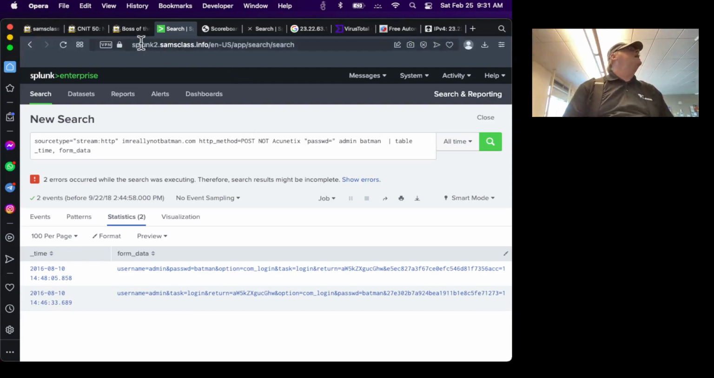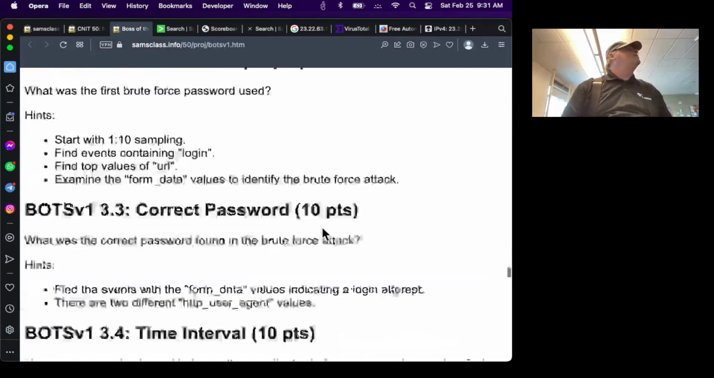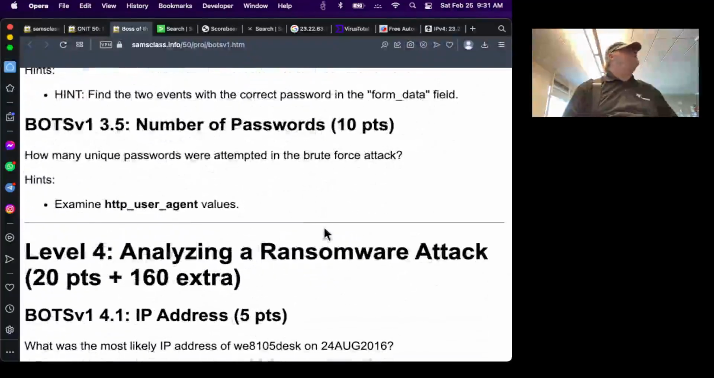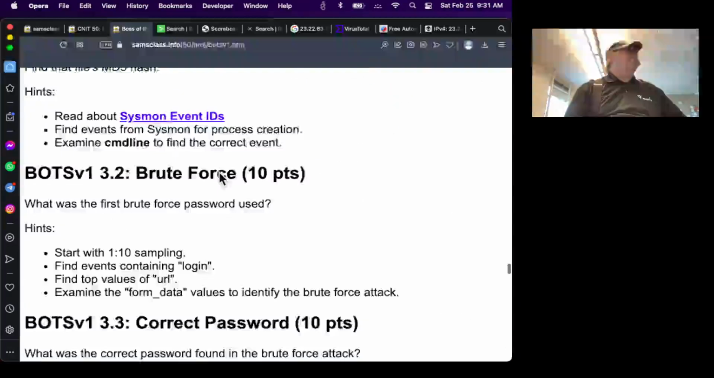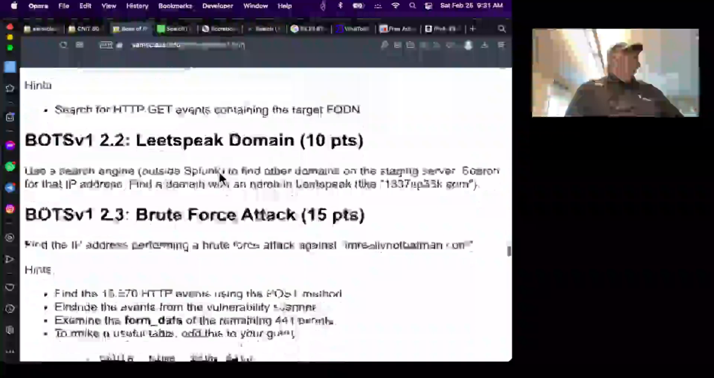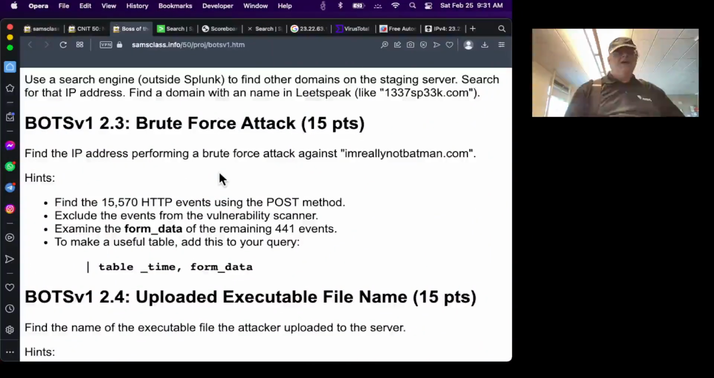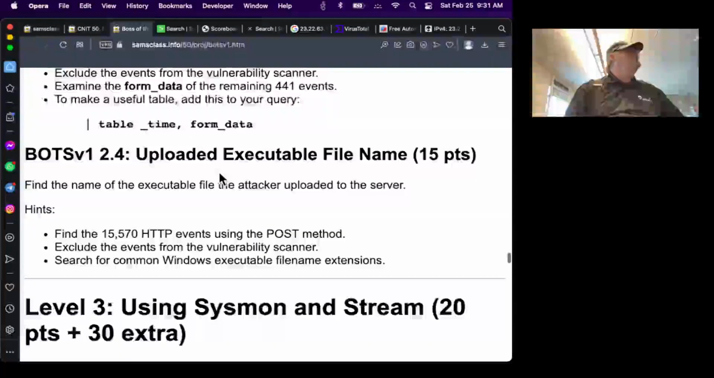So anyway, that's more stuff to do with the brute force attack. And you can also find out how many passwords were attempted in the brute force attack by just counting those entries. So that's the brute force attack. And the next one is the uploaded executable file name. And for that,